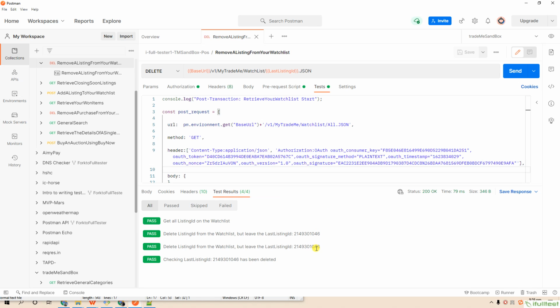After running the main API, we get a checkpoint from the post request that all items on the watch list have been deleted successfully. The whole testing process from the console log will be more detailed and easy to understand.